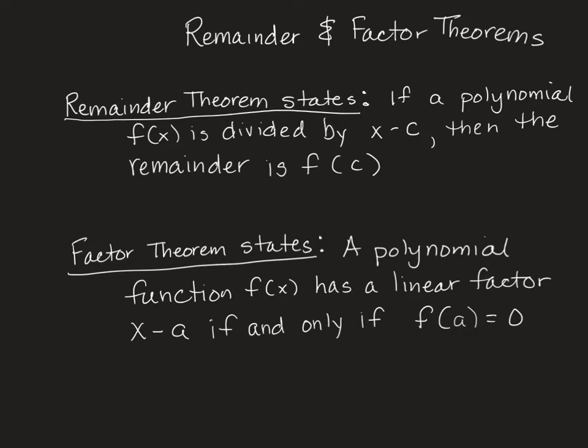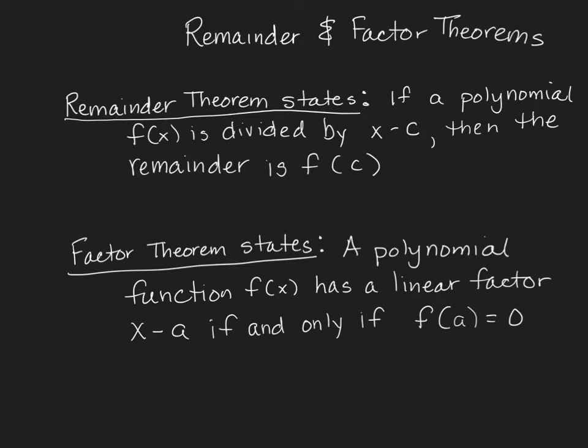The remainder theorem states if a polynomial f of x is divided by x minus c, then the remainder is f of c. Okay, so all that's telling me is if I take this and set it equal to 0, so x minus c equals 0, I would get c, a positive c. And I then plug that into the equation for f of x, the result is my remainder. Okay, so that's all it's saying, is I don't need to do division for this. I'm going to be plugging numbers into an equation, and the number that comes out is going to be my